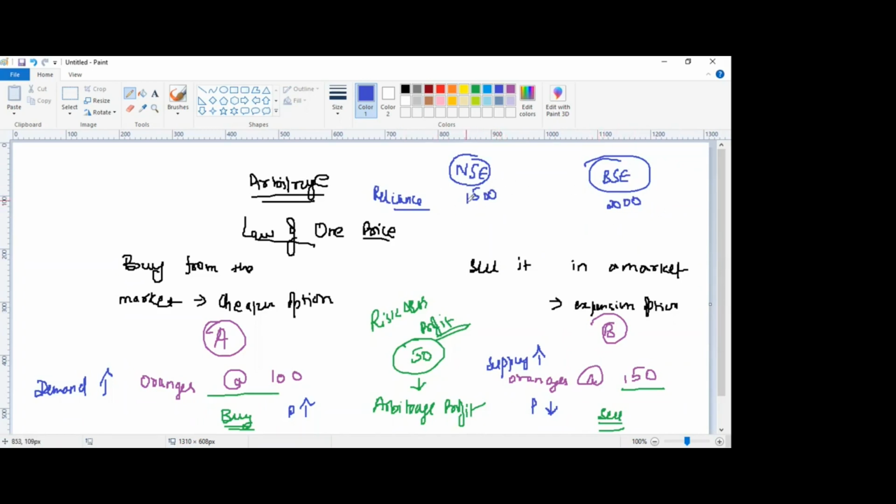So यहाँ क्या होगा? Demand would go up, prices will go up. यहाँ क्या होगा? Supply would go up, sellers हो जाएंगे यहाँ पर, prices would come down. That's why क्या होता है कि जब भी आप प्राइस देखते हो NSE और BSE पे, दोनों पे जब आप चेक करते हो, तो प्राइसेस जनरली आपको बहुत सिमिलर दिखेंगे, ज्यादा डिफरेंस उनमें हो ही नहीं सकता, बिकॉज अगर थोड़ा बहुत भी डिफरेंस आता है,